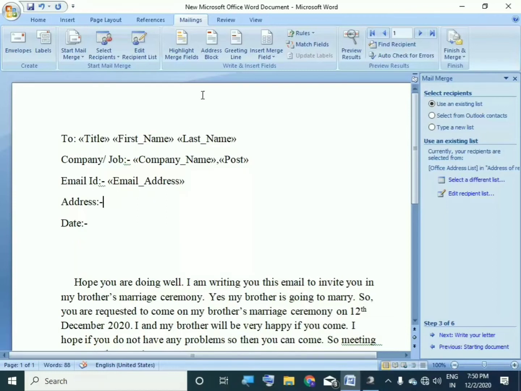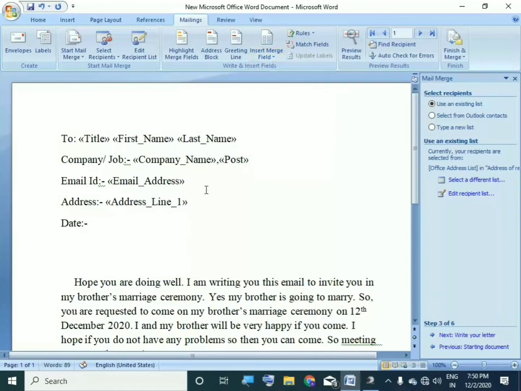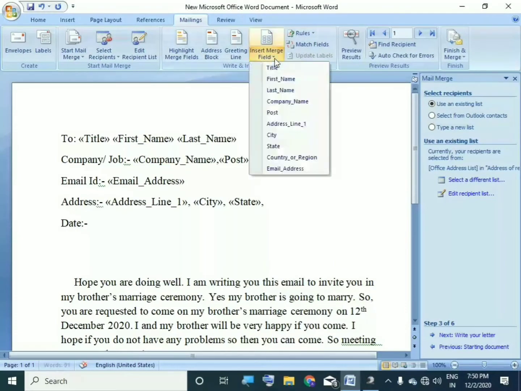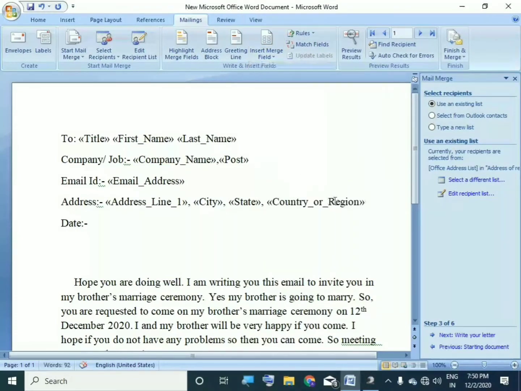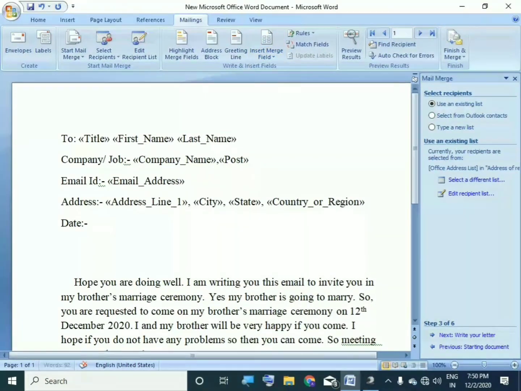Okay, so now email ID, here in the email address we can do, we will give one space, and now current address. In case of address, what we have to give, address line 1, then comma, space, then city, comma, space, then state, comma, space, country and region, then it's the last. Okay, so now your date.